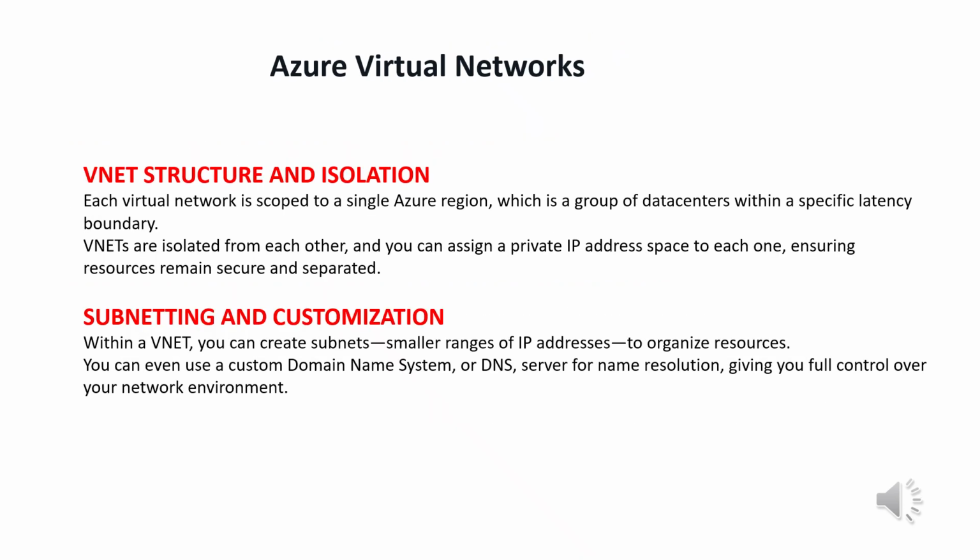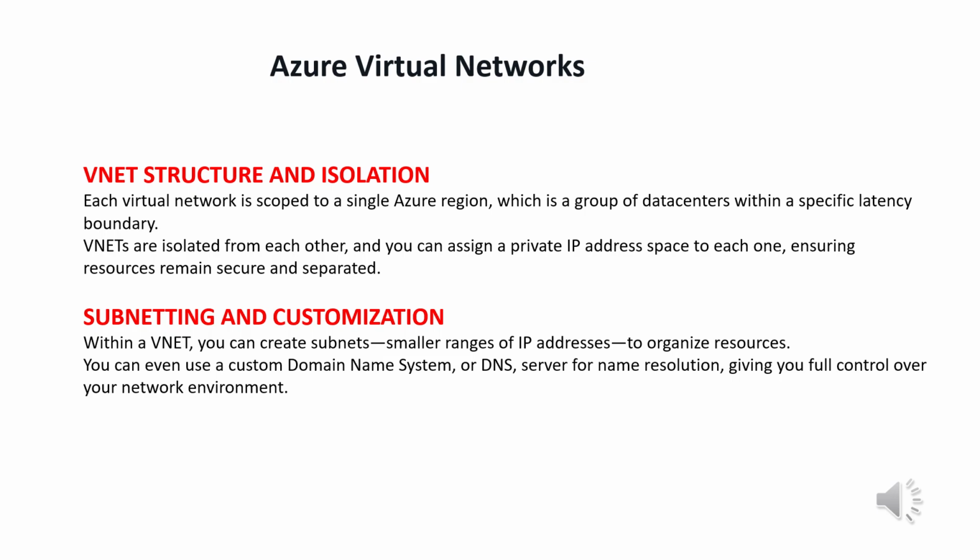Each virtual network is scoped to a single Azure region, which is a group of data centers within a specific latency boundary. VNets are isolated from each other, and you can assign a private IP address space to each one, ensuring resources remain secure and separated. Within a VNet, you can create subnets, smaller ranges of IP addresses, to organize resources. You can even use a custom domain name system, or DNS, server for name resolution, giving you full control over